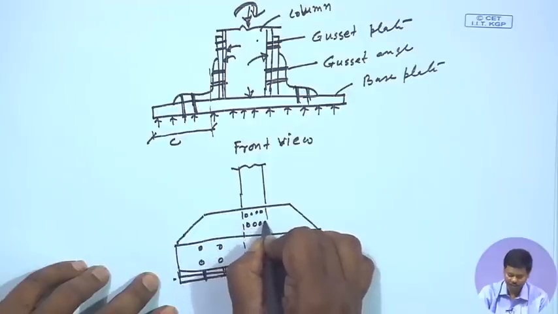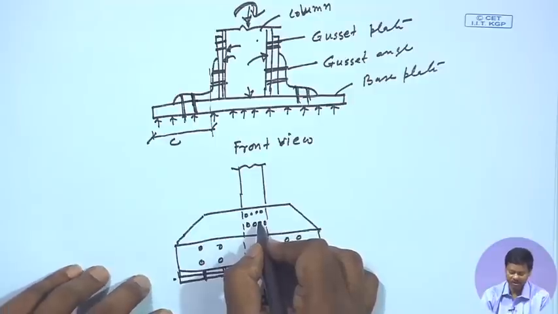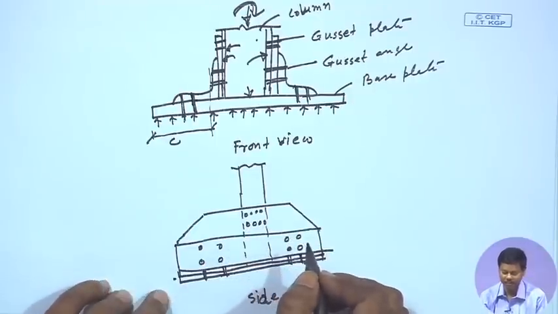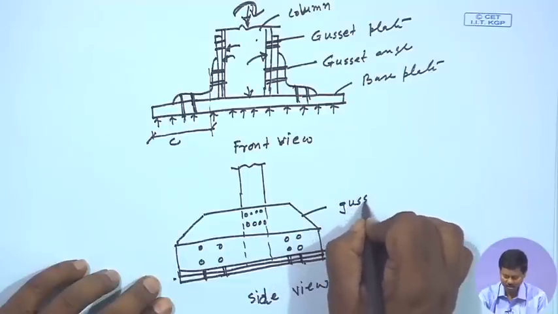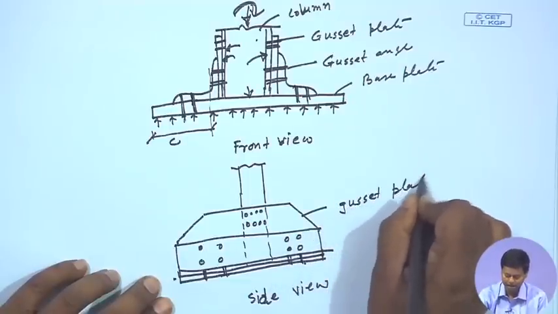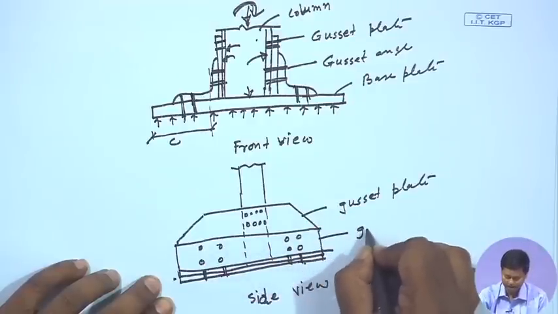Say if we provide 2 rows, then at each flange, in this case we are providing 8 bolts in each flange. This is the gusset plate and this is the gusset angle,